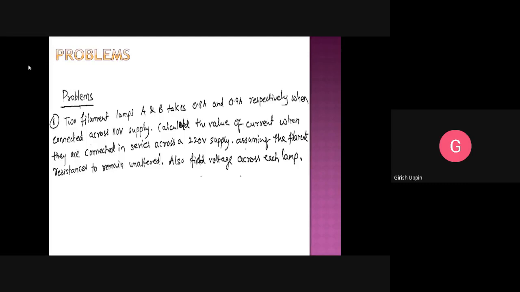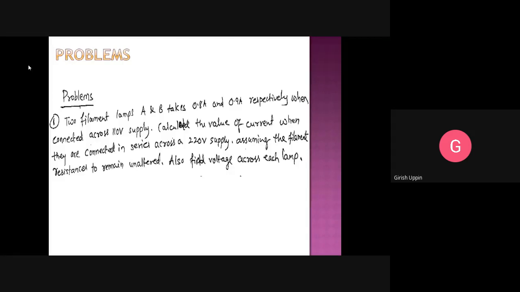And the most important aspect of knowing whether two or three resistors are connected in series or not: if the same amount of current flows through all the resistors, then we know these resistors are connected in series. One other way of knowing that is end-to-end connection. If resistors are connected end-to-end, we know they are connected in series. The simplest way to find whether two resistors are connected in series is to trace the path and make sure that the same current is flowing. If the same current is flowing in two resistors, then definitely they are connected in series.